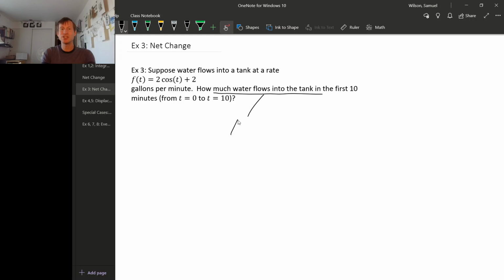This is a change in the volume of the water, right? So we want to know the change in the volume of water in the tank from t equals 0 to t equals 10. And by the net change theorem, this is the integral from 0 to 10 of the rate of change, which is the derivative of the volume,